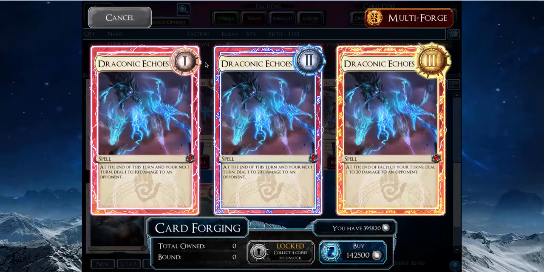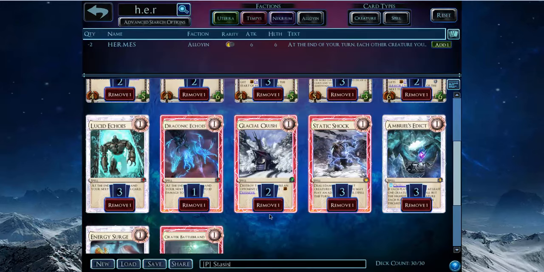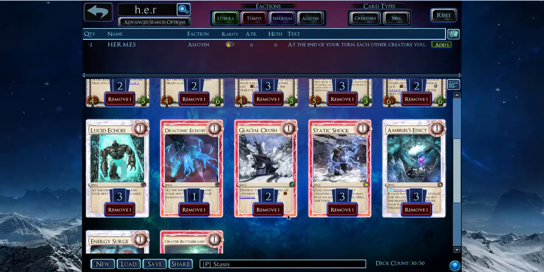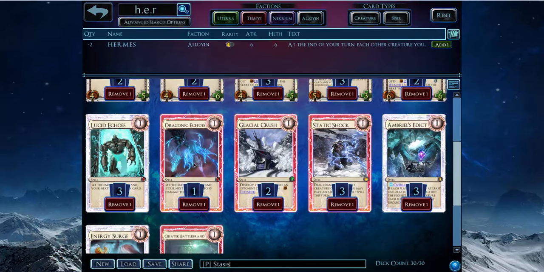But the best thing about Draconic Echoes, when I built this deck, it was in the Conjurer Wigu heyday. So Draconic Echoes was a way for me to just play a spell and then just focus on completely defending all of my opponent's creatures. Because eventually you end up where you have to play Stasis Wardens and then a spell to freeze their creatures, and you don't have time to play all of the Static Shocks or Battle Brands or stuff to freeze their creatures. So I like Draconic Echoes for the...